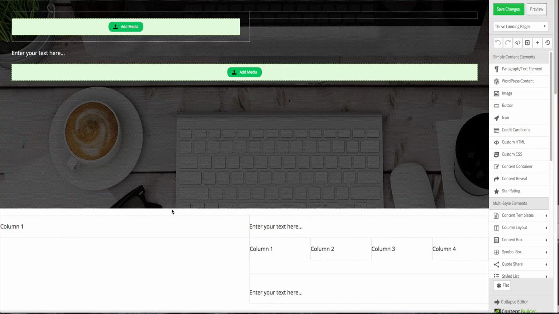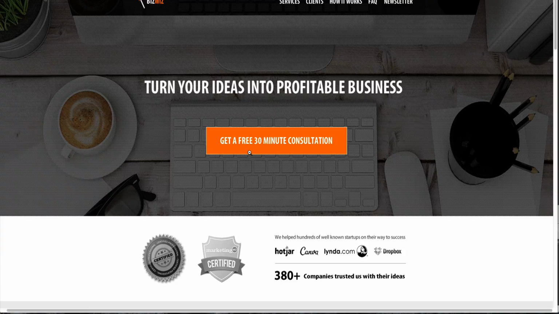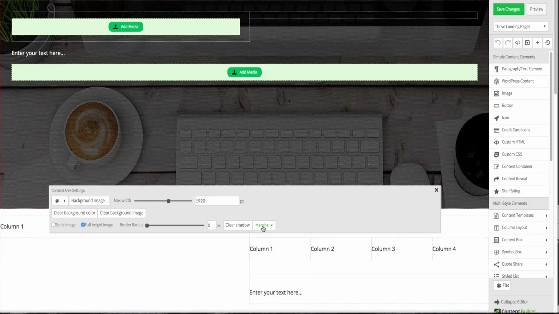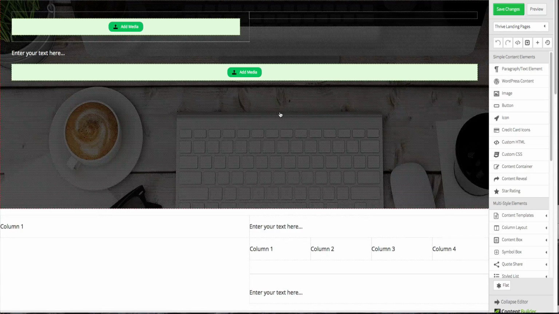So now we have a main background image all set and prepared, but let me just check it out with our original design, and I think it's a bit too small. As you can see, there's no space below the keyboard, so I think I will need to enlarge this area a bit more